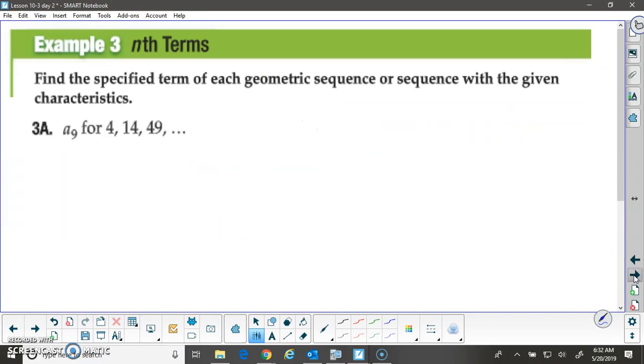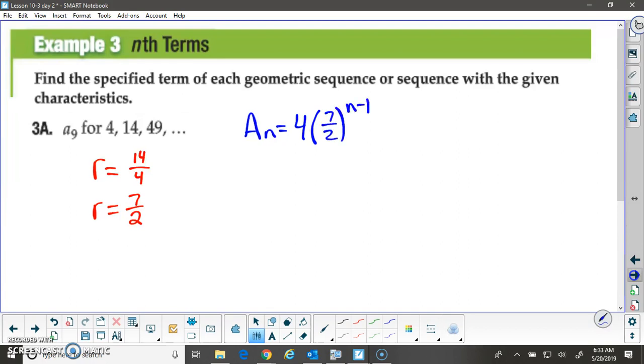This problem says find the specified term of each geometric sequence or sequence with the given characteristics. So they want us to find the 9th term and they give us the sequence. So our first step is to find the common ratio. Well, the ratio can be found by taking the second term and dividing by the first. So you can see here that our common ratio is 7/2. Then our explicit formula would be found by taking the first term times the common ratio raised to the n minus 1. And now, to find the 9th term, we simply put 9 in for n,